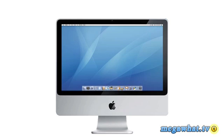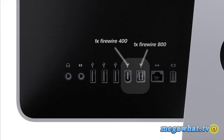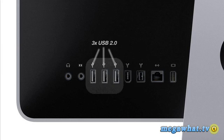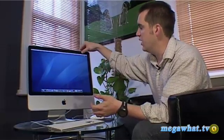So what have we got? Well, this is the 20-inch version of the computer from Apple. It comes in 24 inches as well, and prices start from $749 up to about £1,500, depending on what spec you go for. Down the side, there is a CD slot, which is nicely tucked away, and at the back, there are a number of ports, like FireWire, USB, an Ethernet cable, and stuff to get you going. Other tech specs include Bluetooth, wireless